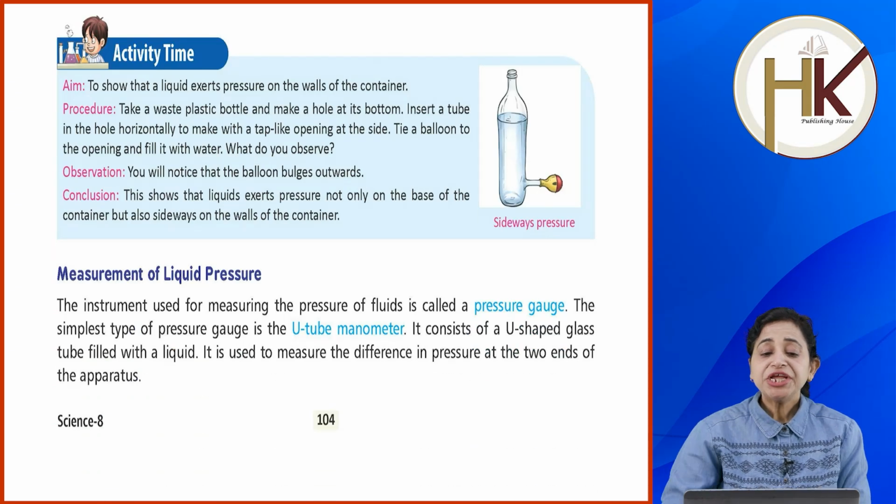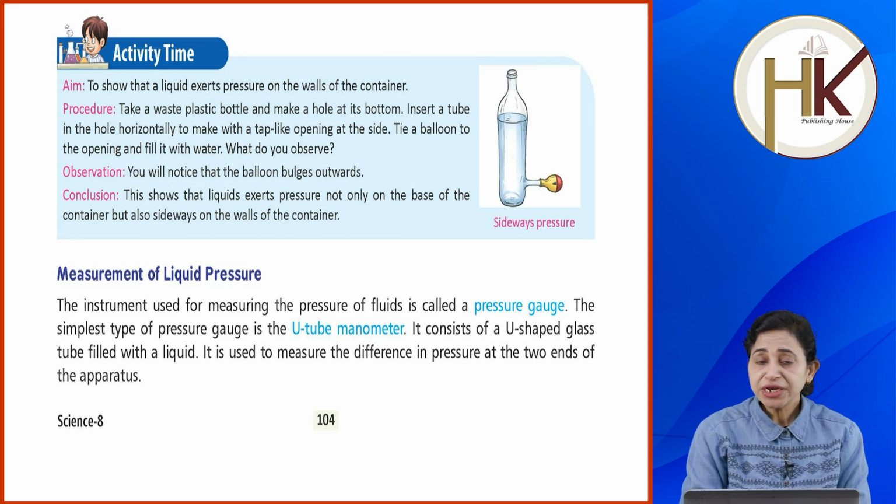Activity time. Aim is to show that a liquid exerts pressure on the walls of the container. Procedure is to take a waste plastic bottle and make a hole at its bottom. Insert a tube in the hole horizontally to make a tap-like opening at the side. Tie a balloon to the opening and fill the bottle with water. What do you observe? Observation: you will notice that the balloon bulges outwards. Conclusion: this shows that liquids exert pressure not only on the base of the container but also sideways on the